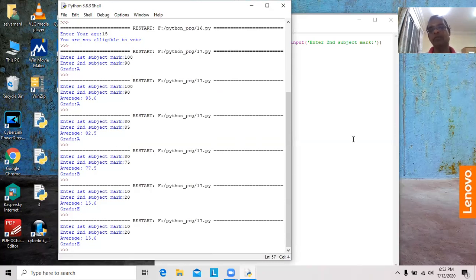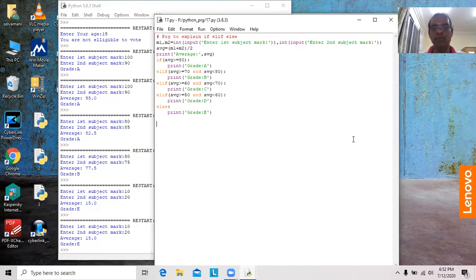So likewise, we can do things. If we are having only one condition, then we go for simple if or if else. If we are having more than one condition, we should go for else if. Simple if means we are having one condition. If the condition is true, one statement will be executed. That's all. If the condition is false, nothing will happen. Whereas in an if else statement, if the condition is true, one certain set of code will be executed. If the condition is false, another set of statements will be executed. If we're having more than one condition, we should go for the else if statement.